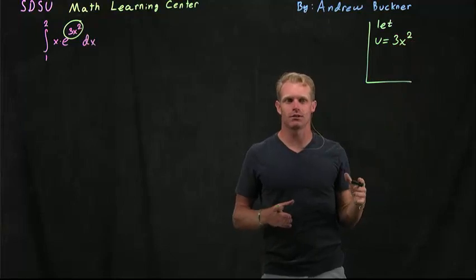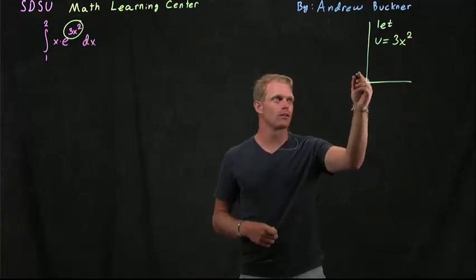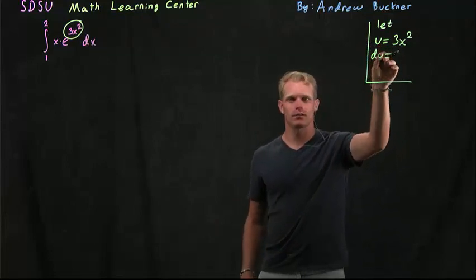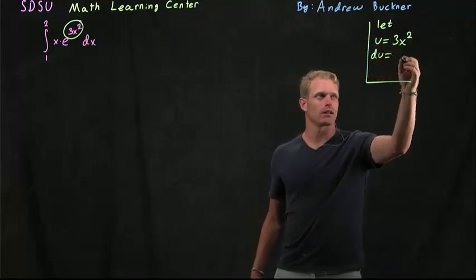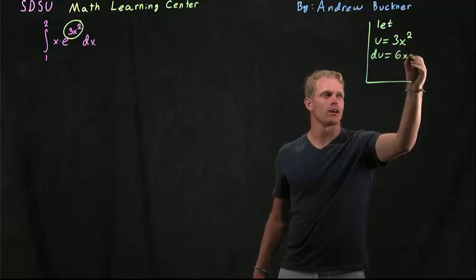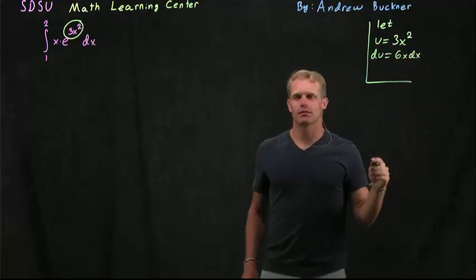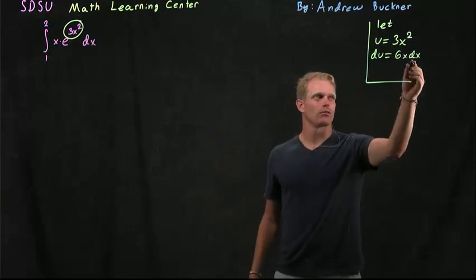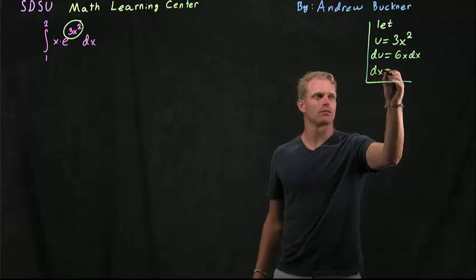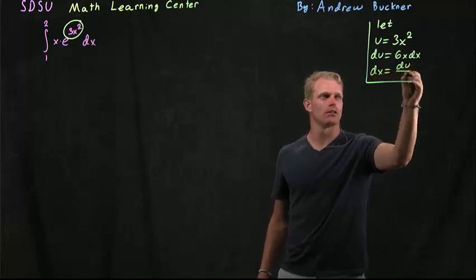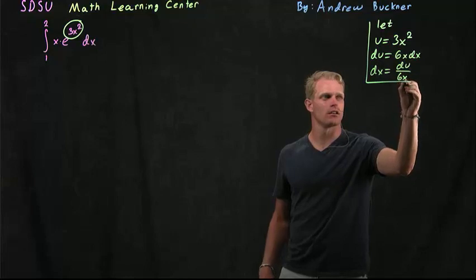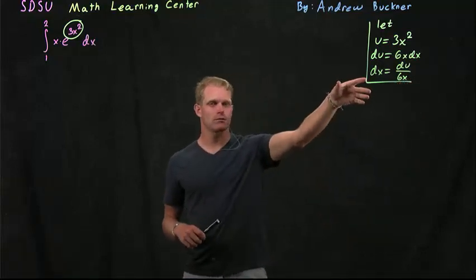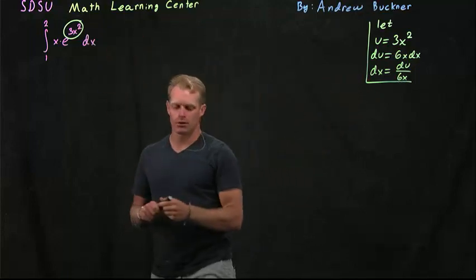Now when doing substitution, you're going to want to take the derivative of this variable. So I'm going to use du, meaning I'm taking the derivative with respect to u here. Now I'm taking it with respect to x on this side. So I'm going to get 6x dx. But now I've got u's and I've got dx's, so I'm going to write dx equals du over 6x. And then I'm going to plug and chug, basically. I'm going to take the terms I've set aside and put them back into the